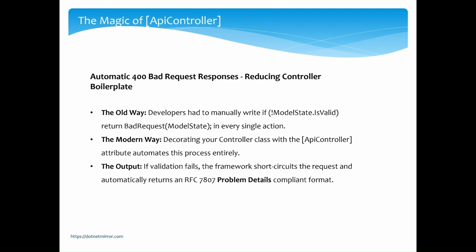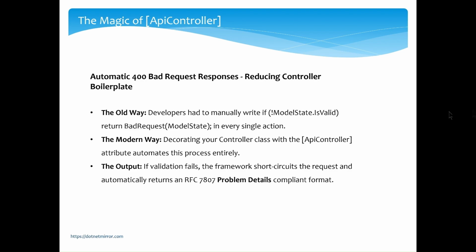Now let's talk about the magic of the ApiController attribute. In legacy versions of ASP.NET, developers had to manually write tedious boilerplate code like if ModelState is not valid, return BadRequest, inside every single action method. If you forgot to write it, invalid data would slip straight through. The modern way completely eliminates this. By adding ApiController at the top of your controller class, the framework automatically detects model validation failures. It immediately short-circuits the pipeline and returns a structured HTTP 400 Bad Request using the globally recognized RFC 7807